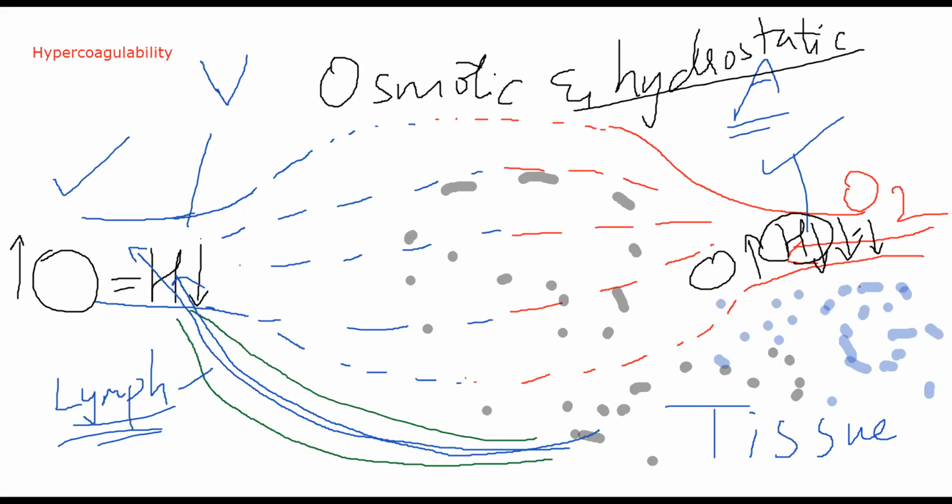Even if a little bit of water is coming out into tissue space, it is being thrown back into your venule through your lymph capillaries. Now I hope you have understood up to here. This is only basic physiology. Okay, what is happening in your blood vessel at the capillary end.